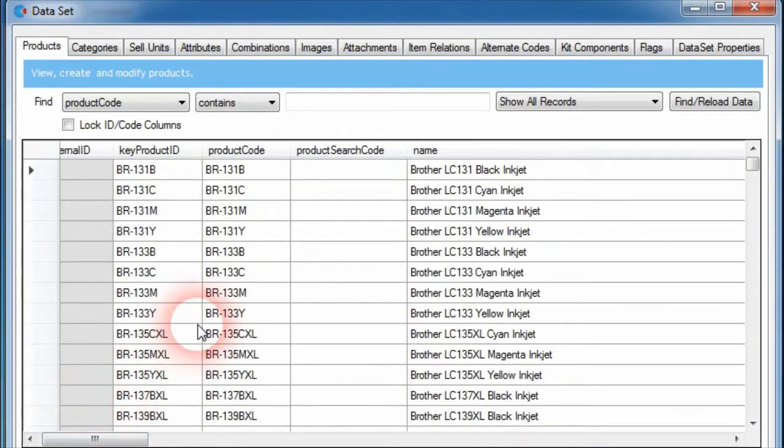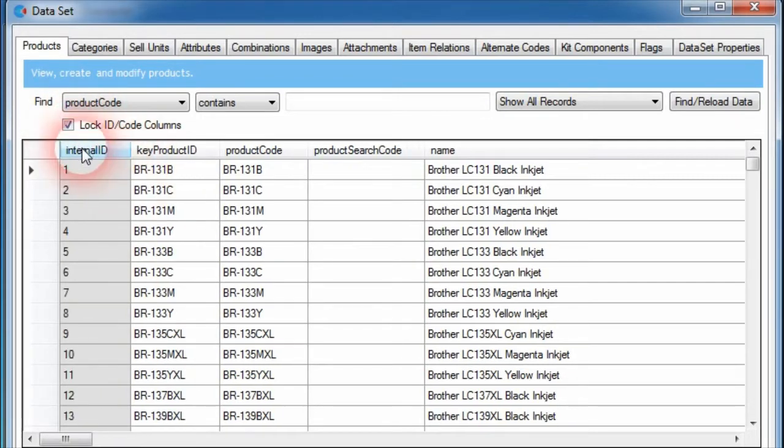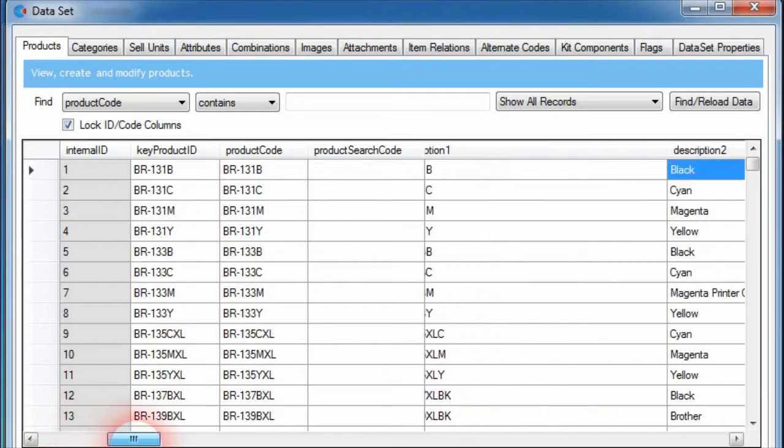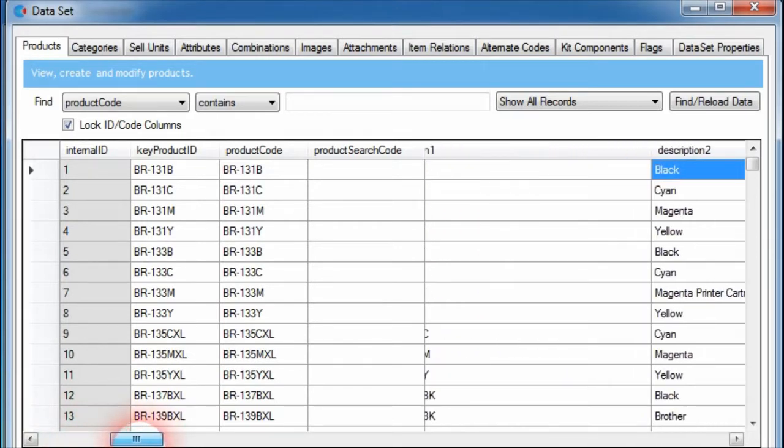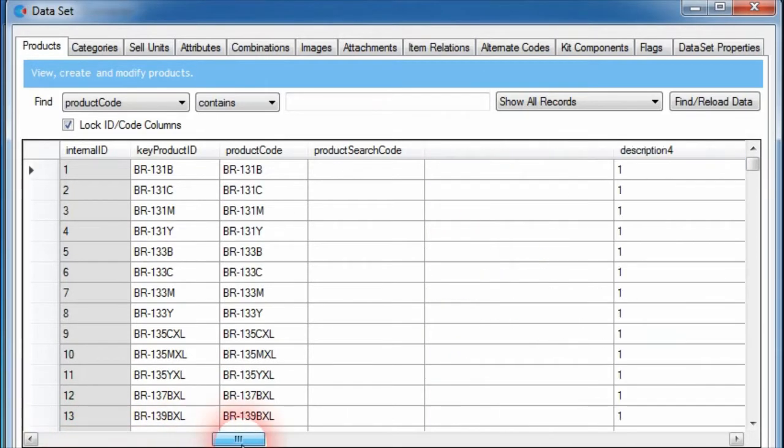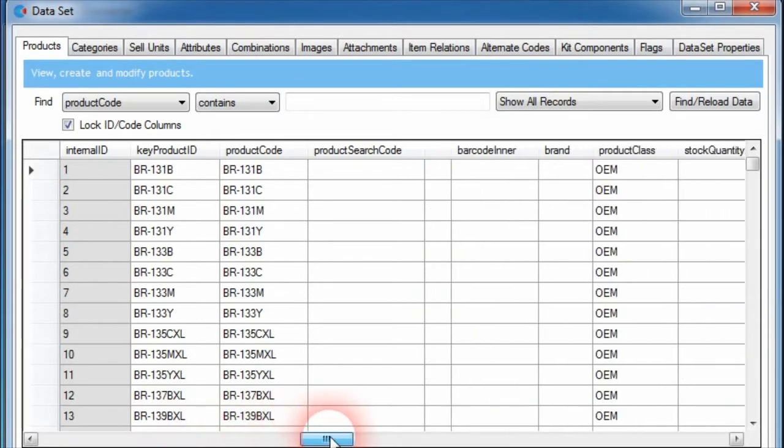Additionally, another improvement we added to the datasets, also in the products tab, is this checkbox called lock ID code columns. If you click that button and then scroll across, you'll notice that the first 4 columns will be locked into position and are not scrollable. So that makes it much easier. Say if we were working on the